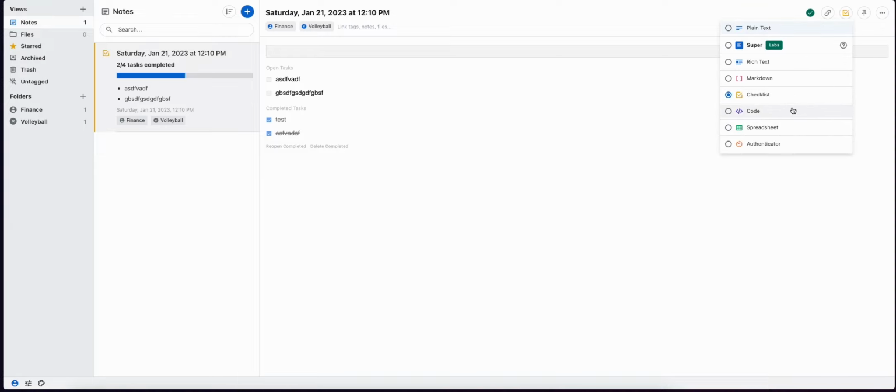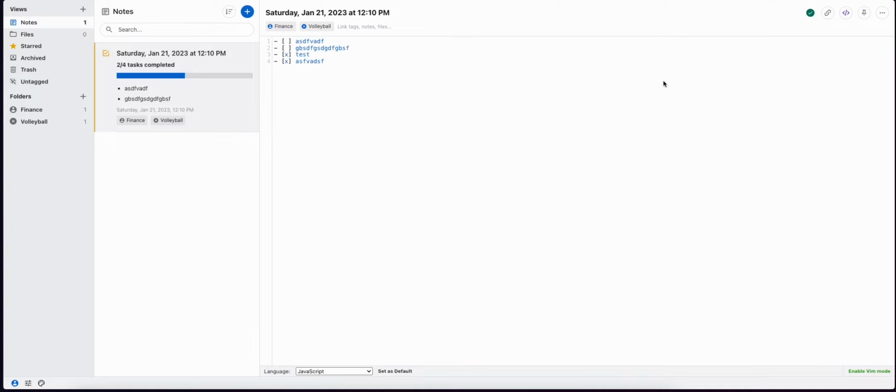And then the next one is code. This one I use quite a lot. So if we want to convert this to code, you can see what it did here is it converted that checklist type over to a code type. But for the purposes of this, I'm just going to write some Golang here. Go is my favorite language of choice. It's what I'm most familiar with. And so here, don't worry if you don't understand this, I just want to give you a quick understanding of what this looks like